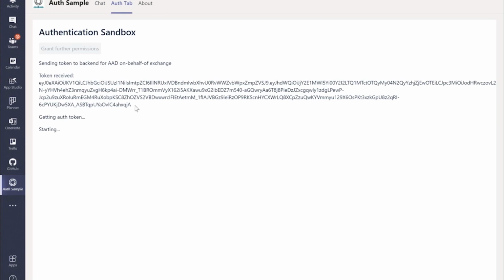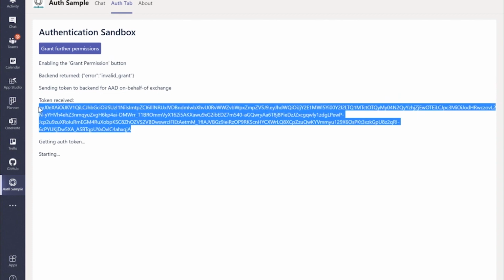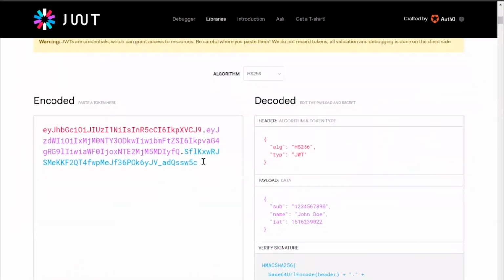So you'll see we've got this token, and this is everything that we need to authenticate a user. That's it, actually. This token is going to be valid. You can use this token to sign in your user. And actually, if I copy this and paste it into jwt.io, so I can inspect this token,